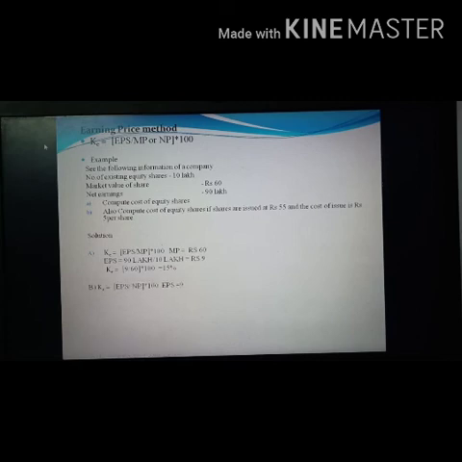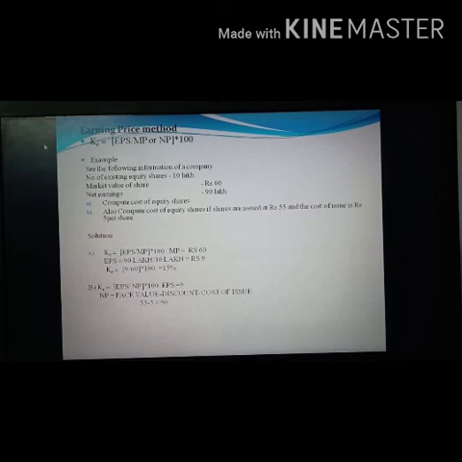So we can go for the formula, that is EPS divided by net proceeds. Here we will take net proceeds because we can't take the face value of the share, because it is issued at a discount of 5 rupees, and also the cost of issue is mentioned. So we will go for the EPS divided by NP into 100 formula. EPS is already calculated in the above part, that is 90 lakh divided by 10 lakh, equal to rupees 9.